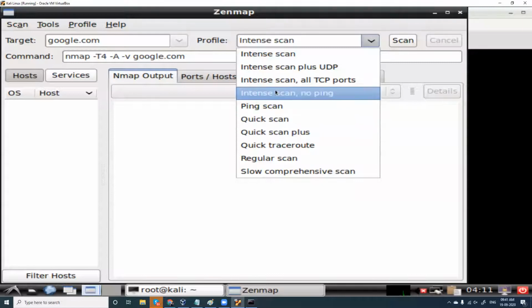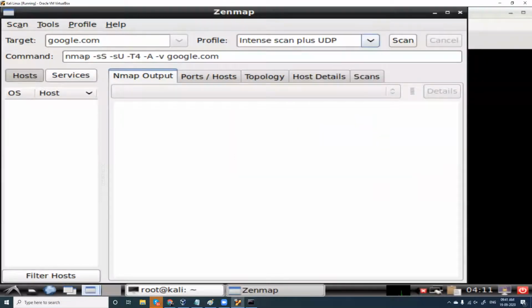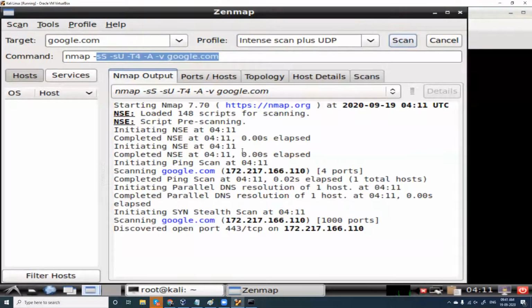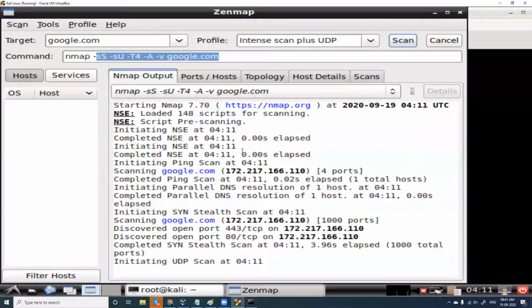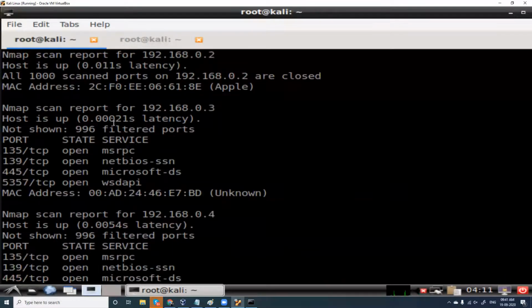Just choose this. I'll give intense scan plus UDP. When you choose any option here, the command is generated automatically, and when you click scan, you'll get the scan results here. So Zenmap is again a useful tool, but I would suggest you start with Nmap so that you learn these commands. Okay, let us see what result we have got.